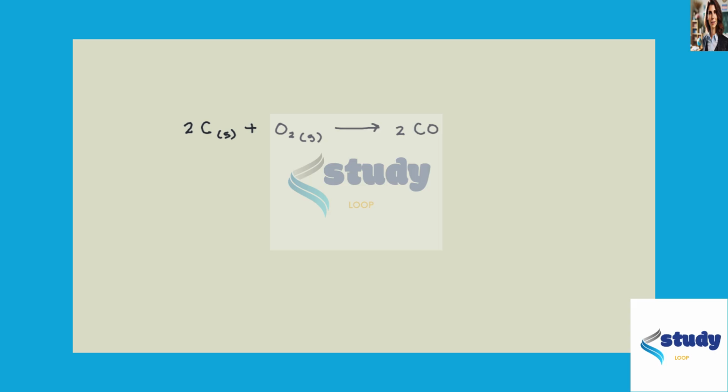Hello, in this question we are given this balanced chemical equation, and balanced chemical equations are very useful because the coefficients in a balanced equation tell us the mole ratio. The mole ratio is the ratio in which the reactants react and the products are formed. If there is no number written as a coefficient, it's understood that it's a 1. So therefore, our mole ratio here